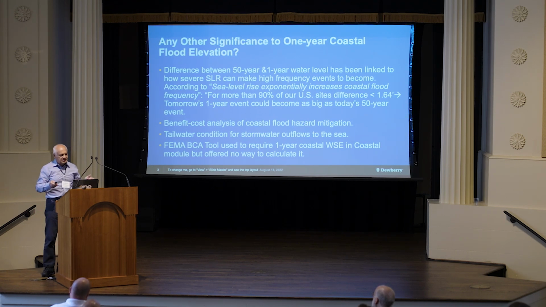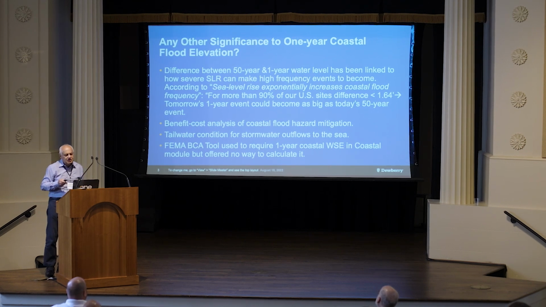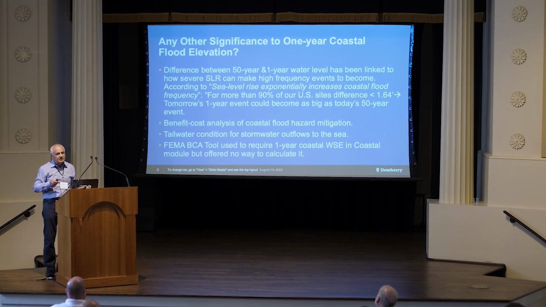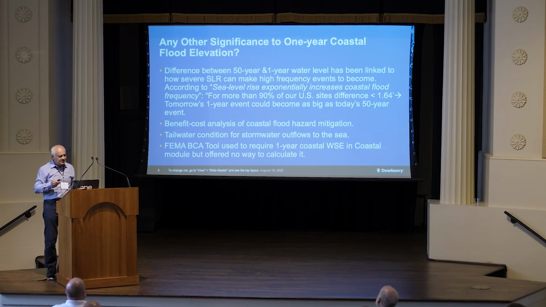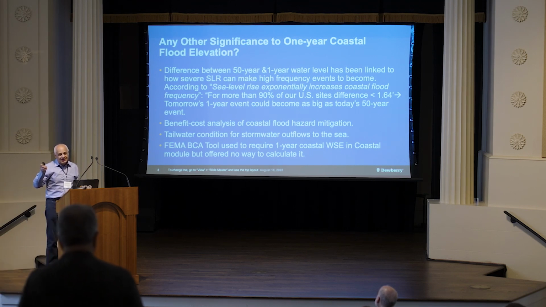For example, one study said that for more than 90% of their US sites, the difference between the 50-year and 1-year coastal flooding elevation was less than 1.64 feet. And that really sounds scary because that means that tomorrow's 1-year event, which you all started to discount as unimportant, will actually be